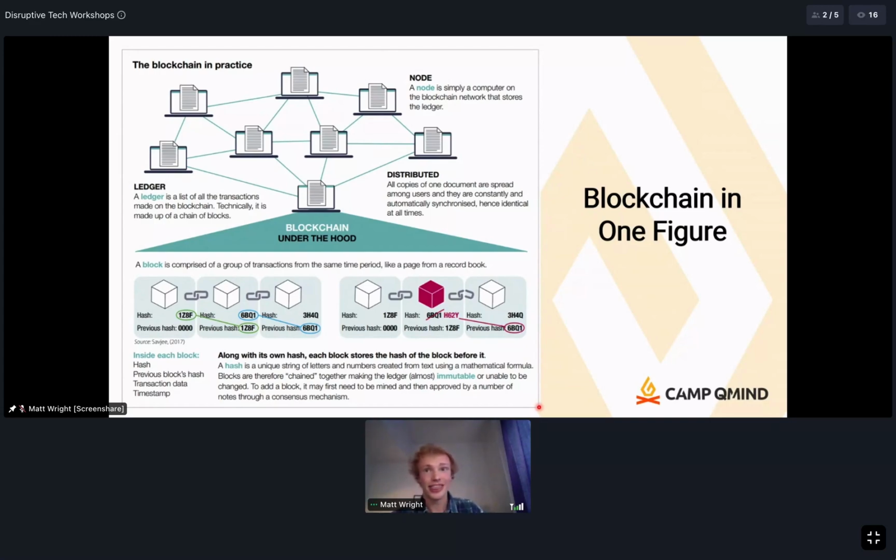And the other thing that's important is that they're immutable. And how that's achieved is basically by introducing two new pieces of data to the block. And that would be the block's hash and the previous block's hash. A hash function just maps any input into a fixed sized output. So it maps a sentence or a document into, say, a 256-bit string. And any sort of change to the input dramatically changes the output. That's just a cool property of them.